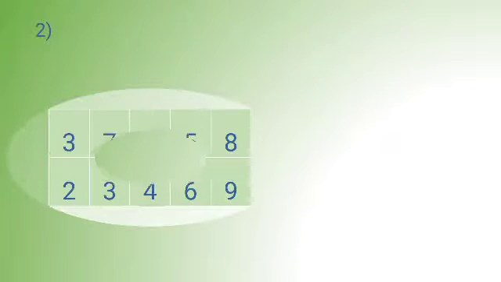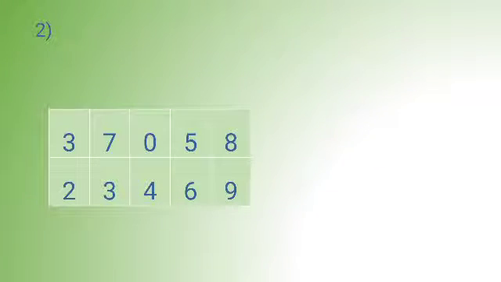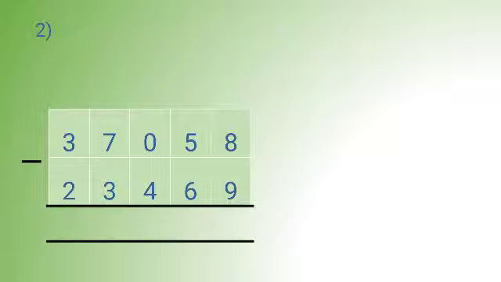Quickly you will see this sum also. Here the digits are 5. So you have to arrange the numbers as per the place value. Then you have to write the minus sign along with the underline. As you can see again, the first unit place is 8.